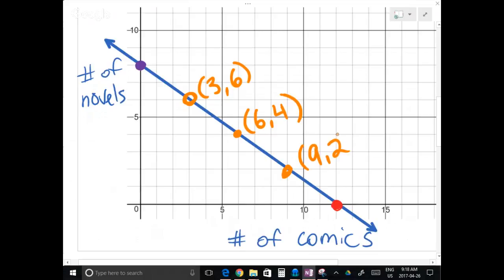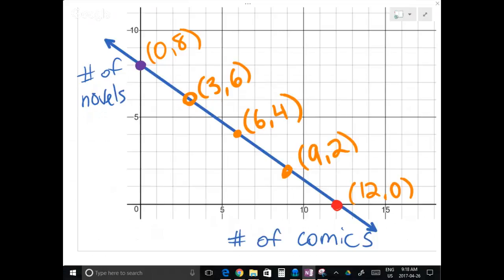Very good. No, don't be sorry. You got it. Good job. Okay, there we go. 3, 6, 6, 4, 9, 2. And of course, the original points, 0, 8, and 12, 0, right? Those are the possible values. Does that make sense? So rather than having to do a bunch of math, we looked at the 2 simplest